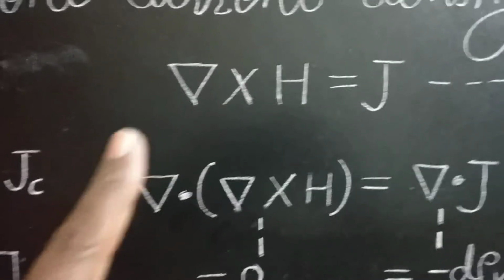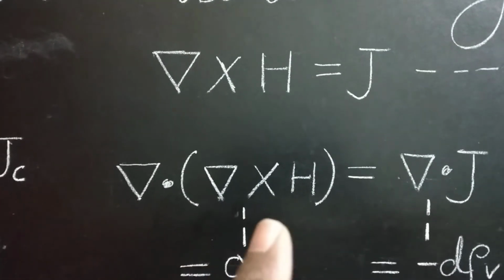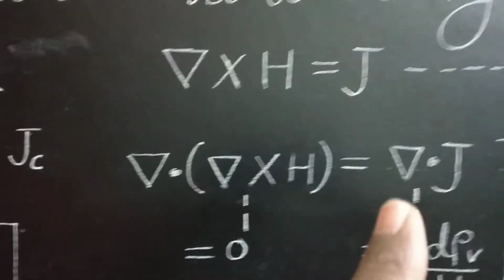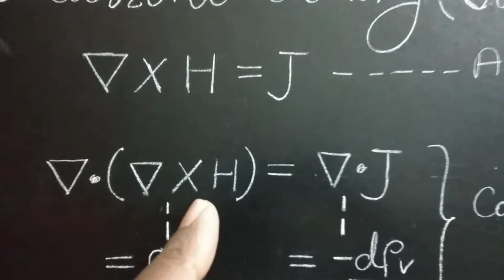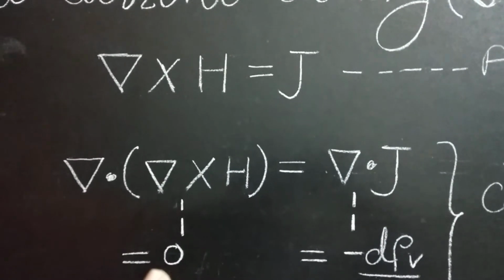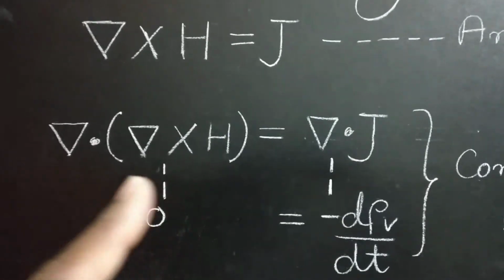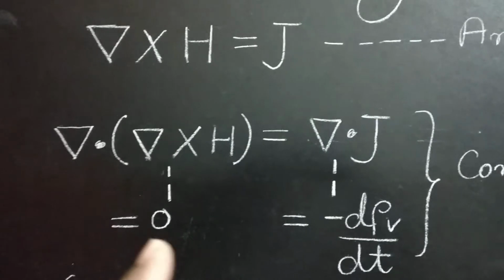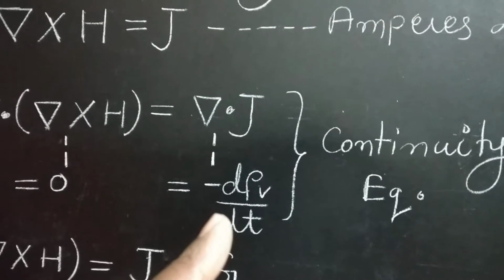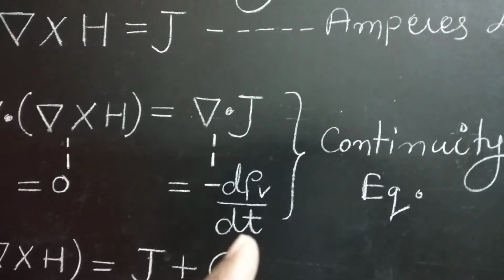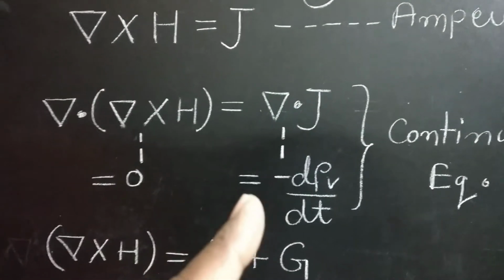Now if we take del cross H equal to J, which is from Ampere's law, and take the divergence of del cross H, it will be equal to divergence of J. But the divergence of any curl must be equal to 0. This is the basic concept, because for any curl field if we take the divergence, it must be equal to 0. But from the continuity equation, divergence of J must be equal to minus del rho V by del T for time varying fields. Thus this expression is contradicting,